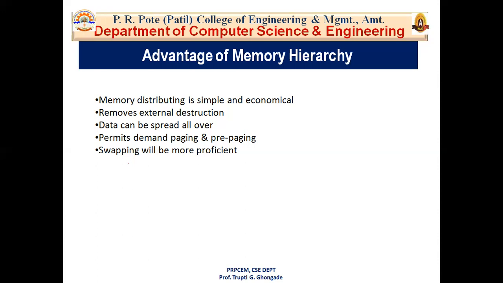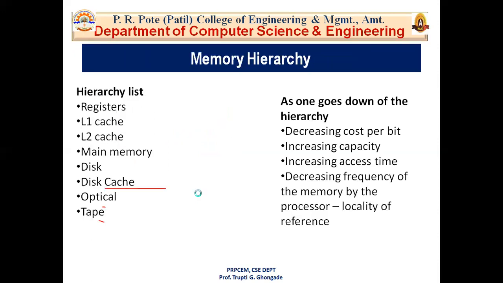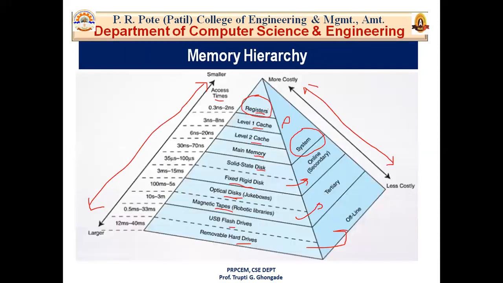Okay, so this is all about the memory hierarchy, and from what we have discussed, finally we can conclude that it is mainly used to reduce the cost per bit, to access the frequency, and to increase the capacity and access time. So what are the objectives? To reduce cost per bit, to reduce access time, to improve the performance and improve the capacity of particular storage devices. By using this memory hierarchy, designers can make decisions about which memory device they should use as per their requirement.